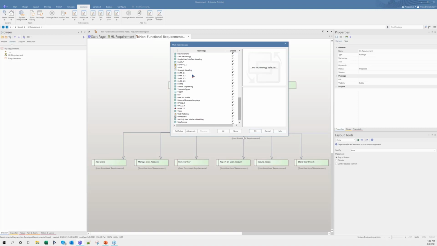So I can uncheck the unwanted items from here, because I don't think we are using SysML 1.1, 1.2, and 1.3 at the moment. 1.5 is the latest version. So I'm planning to remove these noises, and if I say OK, EA will not show these items in my toolsets.